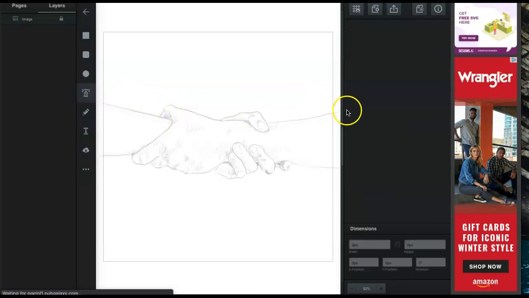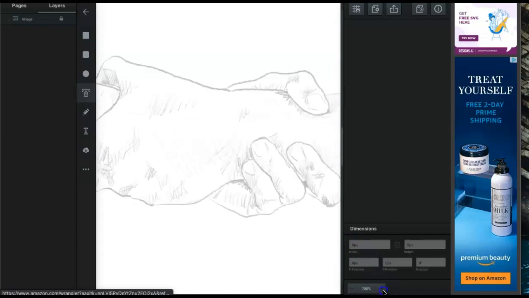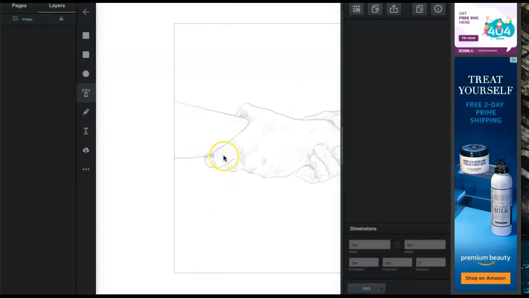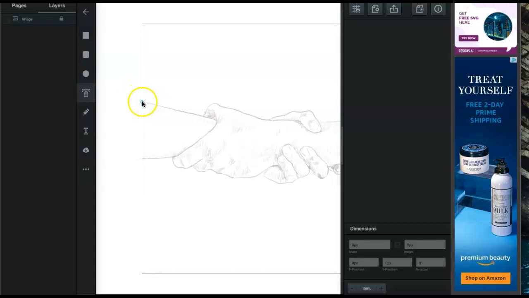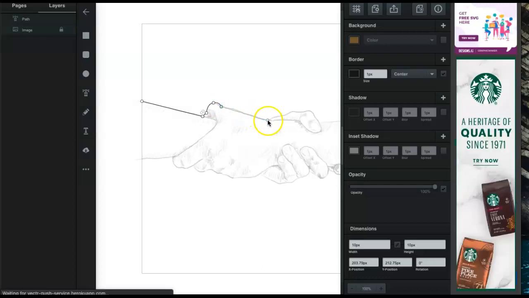And so again, what I'm going to do for this one is make a series of open and closed paths. The first one that I want to do is to make a closed path. And I'm going to zoom in just a little bit so I have better visibility here. So I'm going to start on the edge of my document, and I'm just simply for this one going to create a shape that is really a silhouette. So